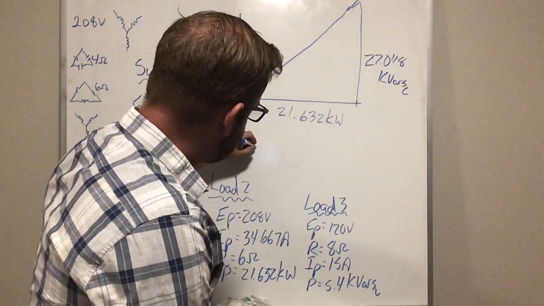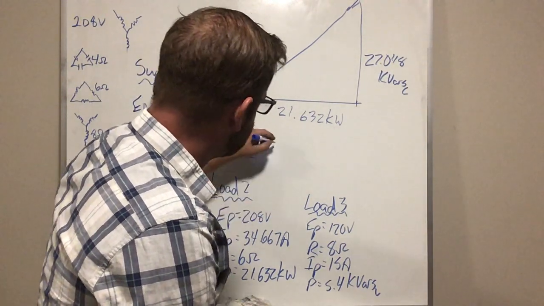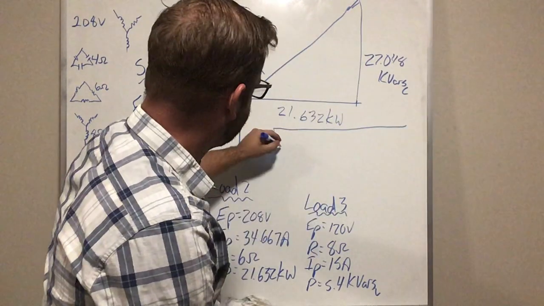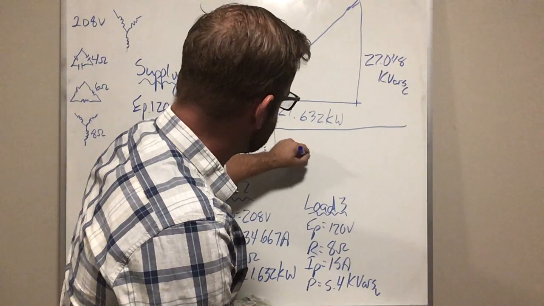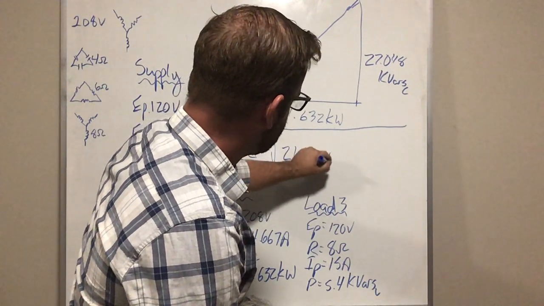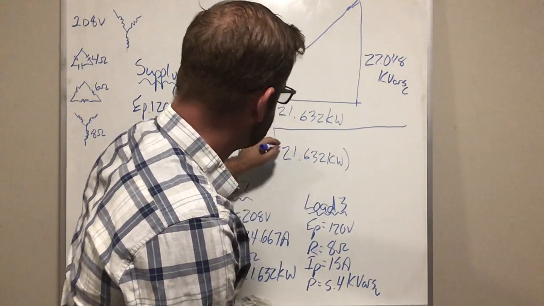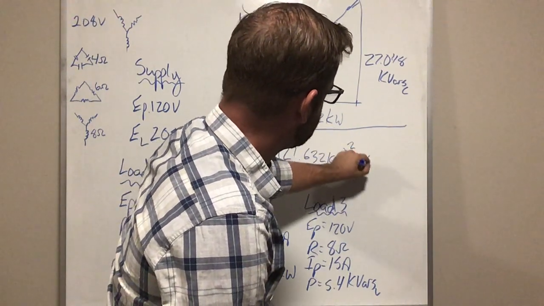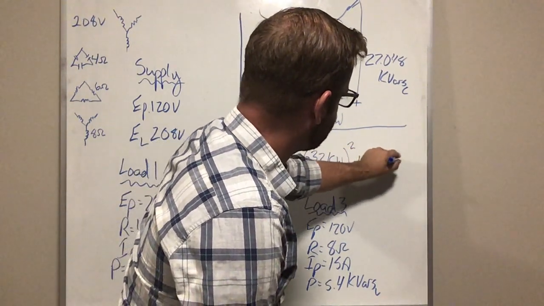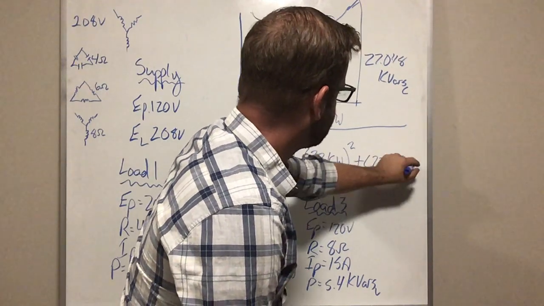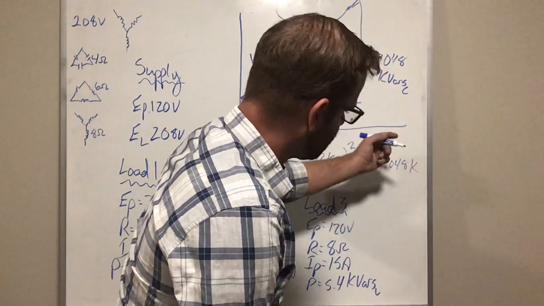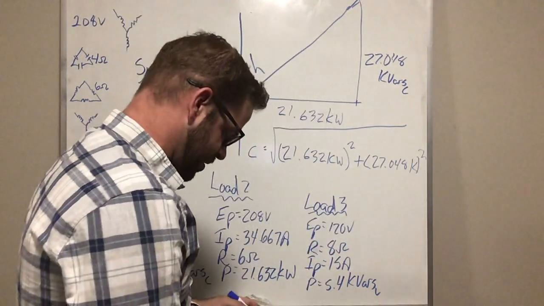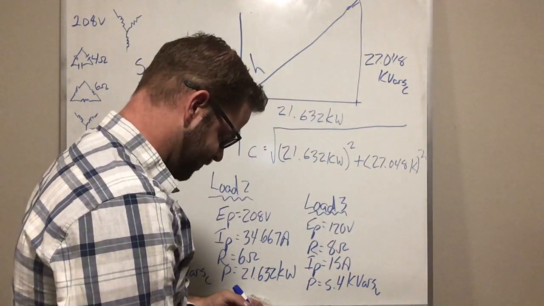So our c is going to equal the square root of 21.632 kilowatts squared plus 27.048 squared. If you pound that out on the calculator,